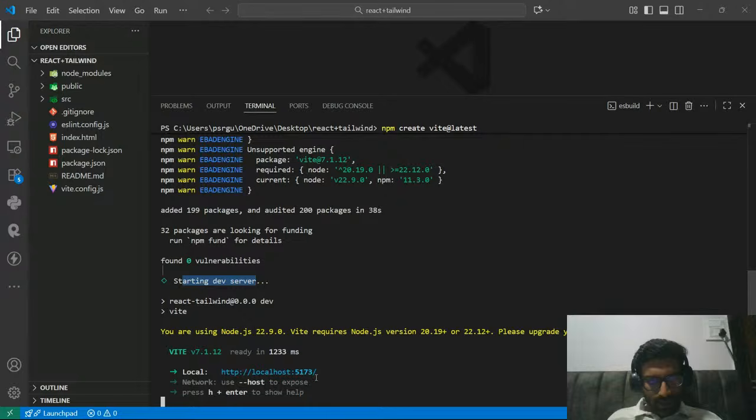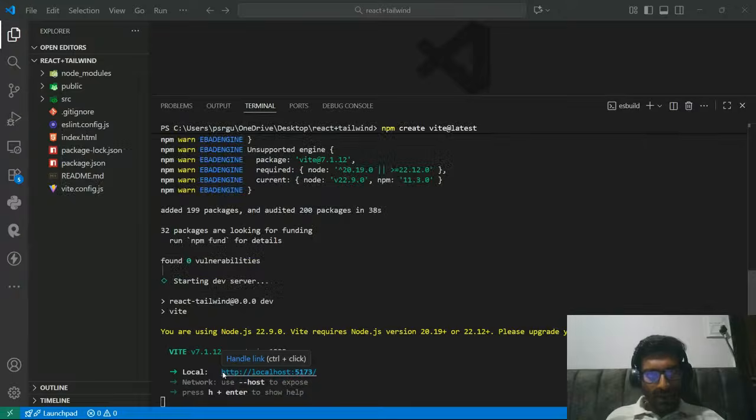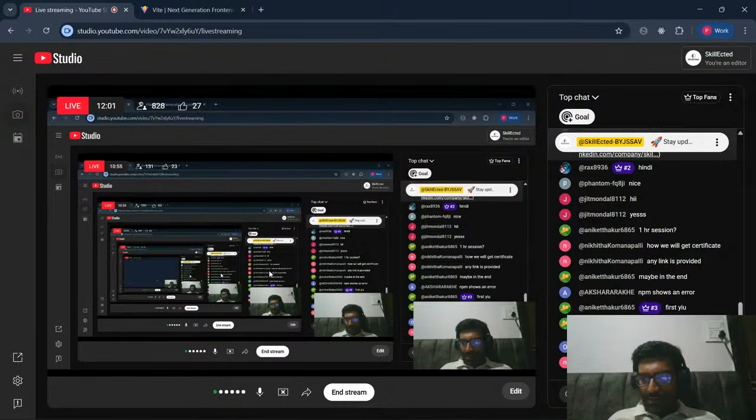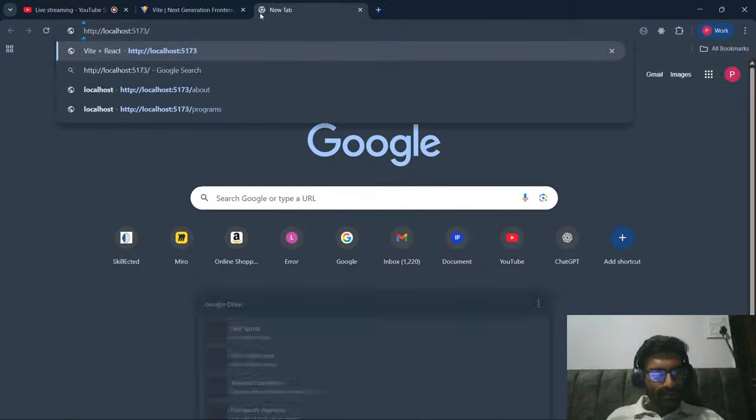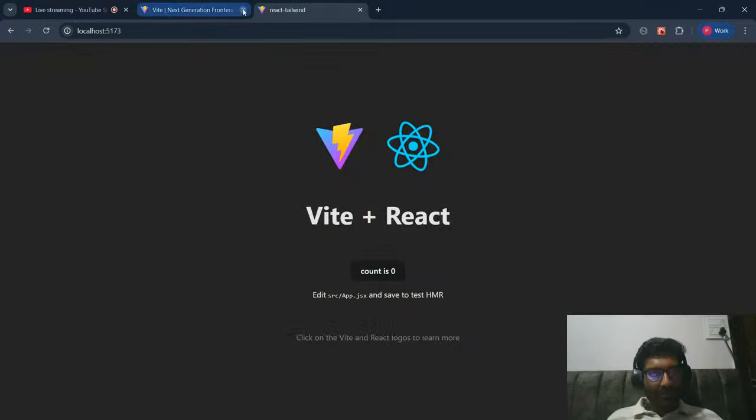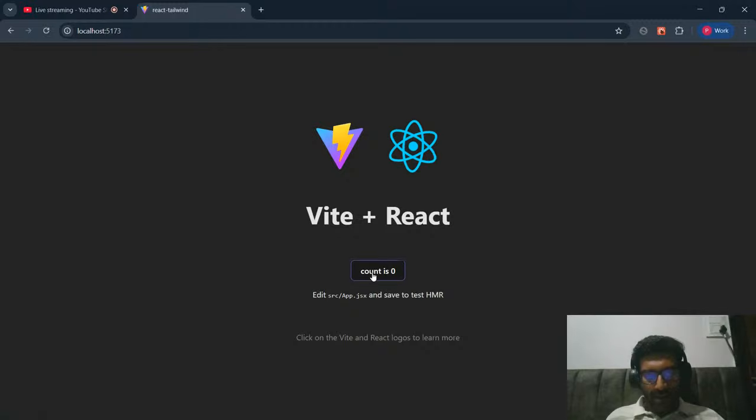I can copy this link, go to the browser, and paste it here. You can see Vite plus React. We have successfully created a React app which has a dynamic button. After clicking this button, you can see the count is increasing, and it is telling me that I have to go to the src folder and edit the App.jsx file for making any changes, right?